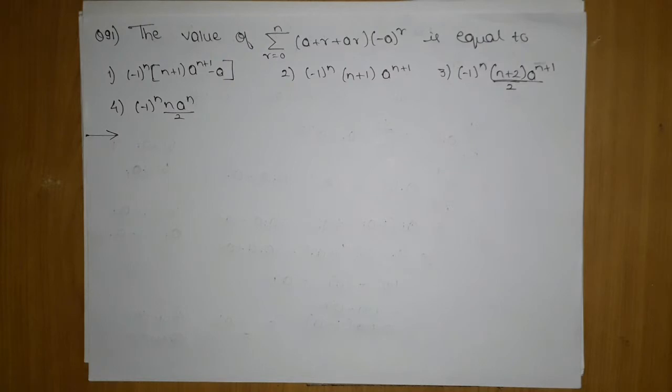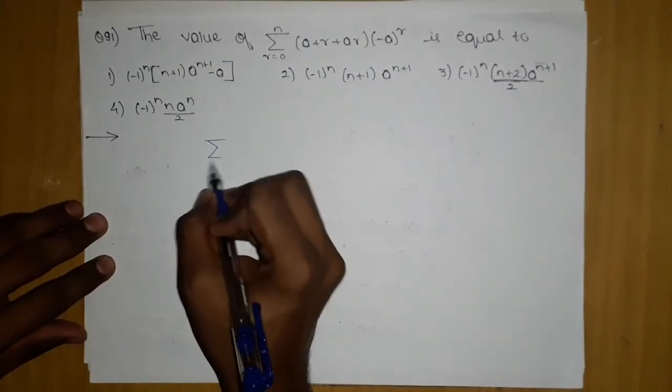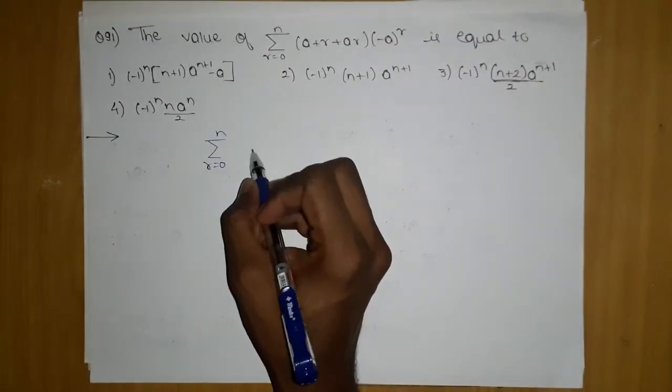Okay, the options are given as follows. How to approach this problem? In this type of problem you have to approach it in a very simplified way. First you can see that a little bit of manipulation is needed here. Since we have done so many questions, now you will be comfortable with a little bit of manipulation.